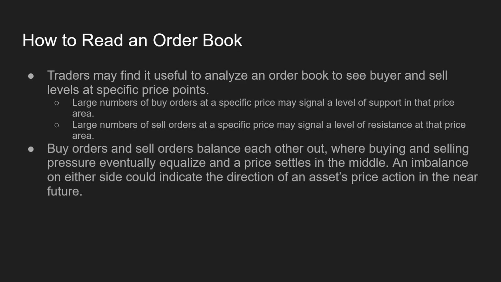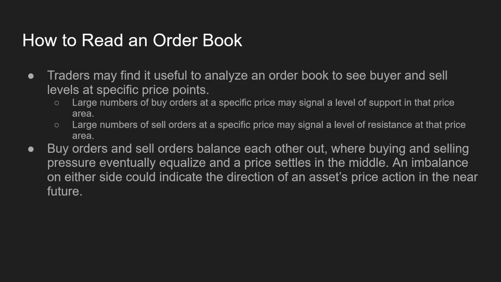Now, buy orders and sell orders balance each other out, where buying and selling pressure eventually equalizes and a price settles in the middle. At some point, the buyers and the sellers equalize each other out, and price will settle at some level, right? Just as we saw before, there was significant buys and sells at 9,030 and 9,040, so price would be somewhere